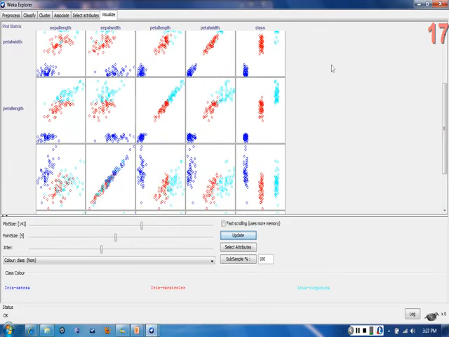Now, how can I separate those data from each other? For example, if I am relying on the petal length, you can see the petal length is very difficult because all those data are intersected with each other. You can see the blue separately, the red and light blue are interrelated with each other. Here, what I can see,